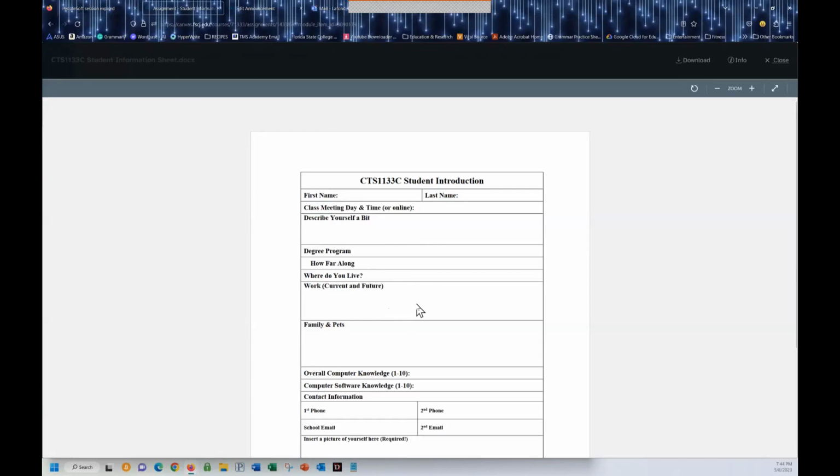Work, where do you work now? Don't put NA. If you're a full-time student, put full-time student, right? Where do you want to work in the future? Don't say unknown. Say not sure, but maybe a company like, and then put a company name in there, right? If you really are undecided about what you want to do right now, you need to take a moment